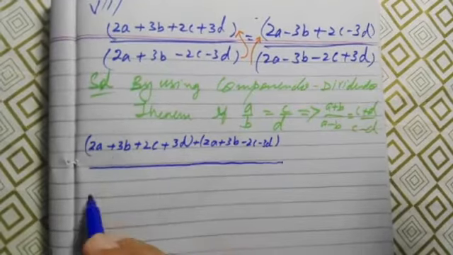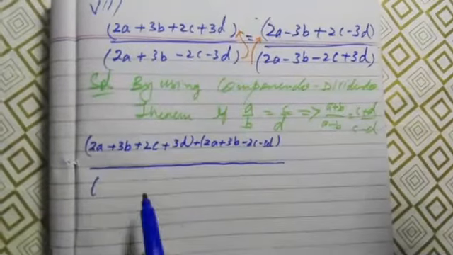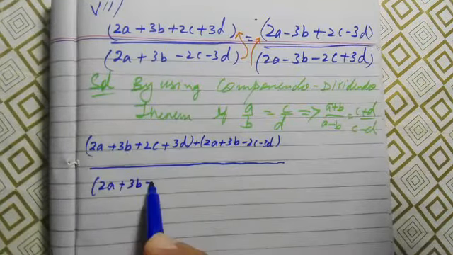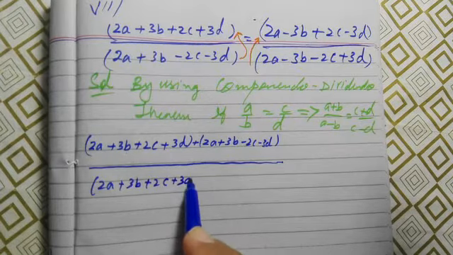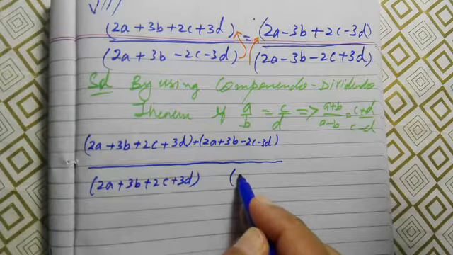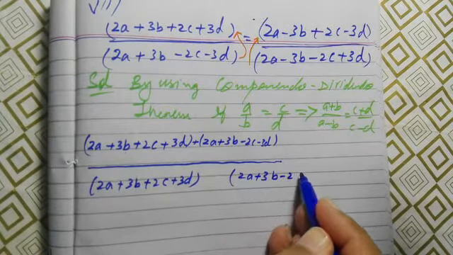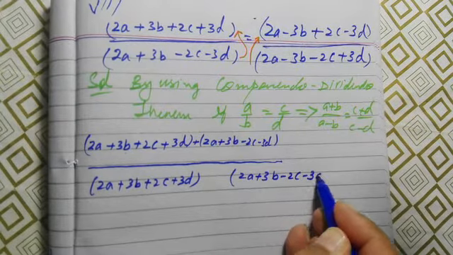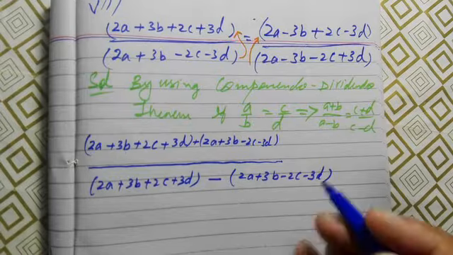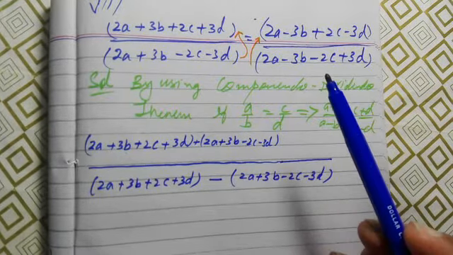And the same two terms that I have written in the numerator will be written in the denominator. Instead of getting confused, write the same two terms into the denominator, same pattern, and just do one thing: place a negative sign between the two brackets. This completes the left hand side. I have applied the componendo dividendo theorem on the left hand side.